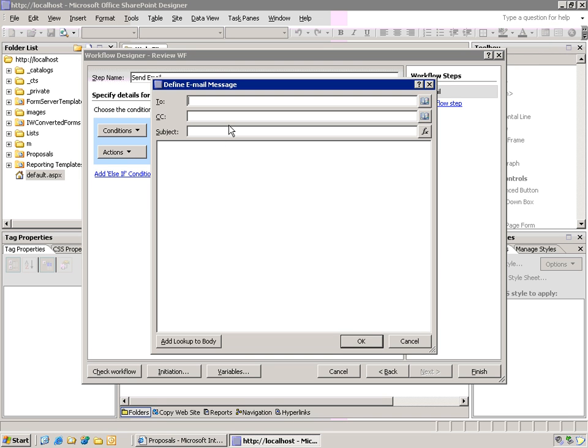So we'd like to send an email, and so I'm going to say Brian C. at litwareinc.com, and what is the subject? And we'll say review required. And then down here we'll say please review, and then I'm going to go down here and click add lookup